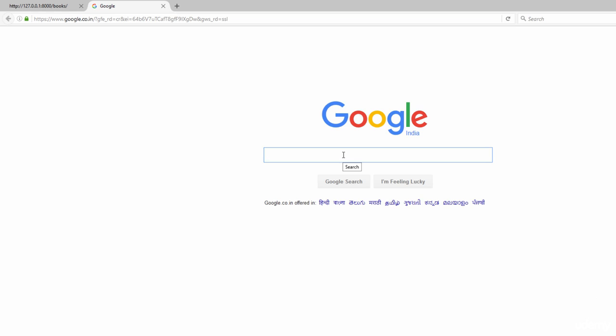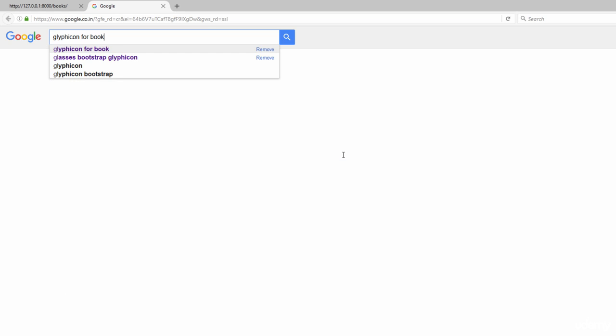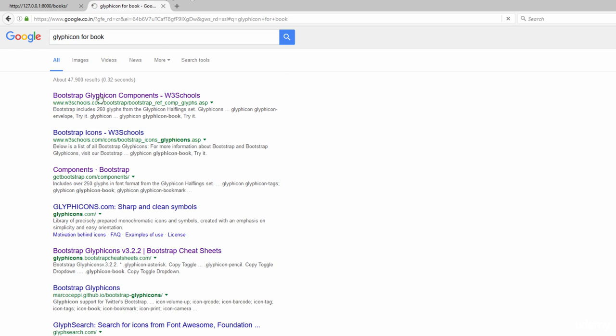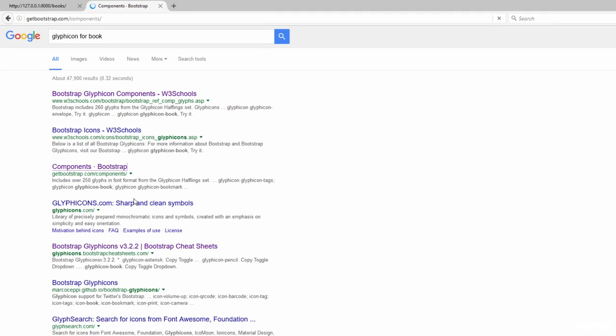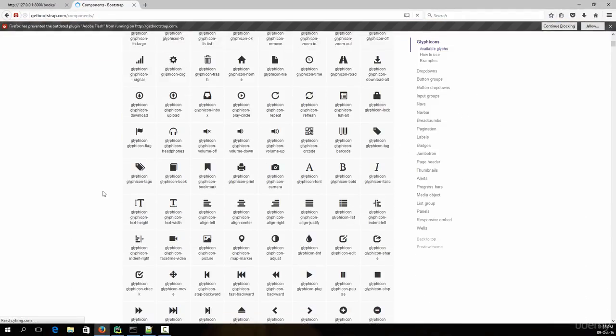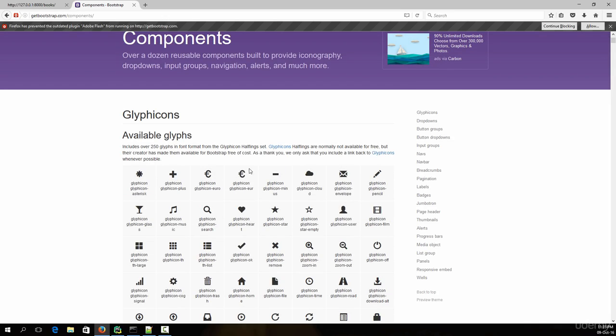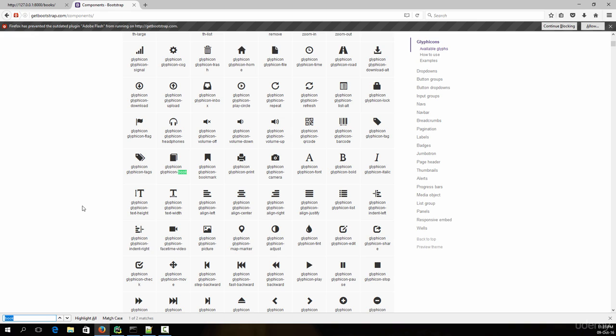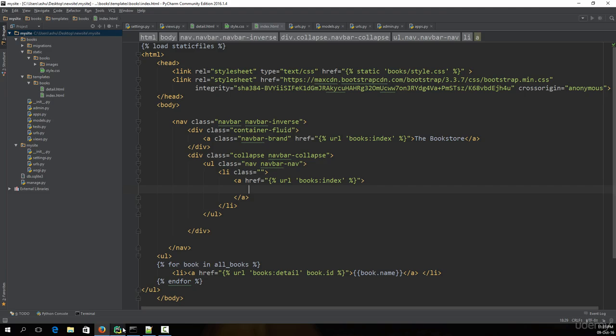and you could type in, let's say, glyphicon for books. So when you type this thing in and you go to the Bootstrap website, it is going to give you a bunch of icons to use from. So depending upon your need, you could simply select an icon. So this time we want a book icon, so we search for book, and this thing right here is the glyphicon for book. So you simply need to copy this name, and then you need to go to the